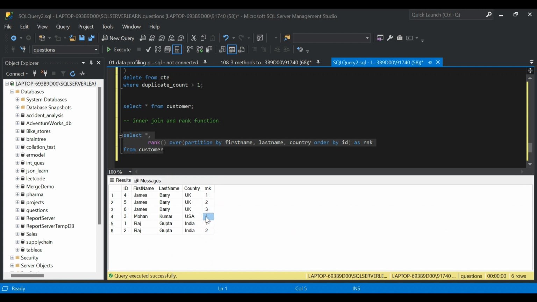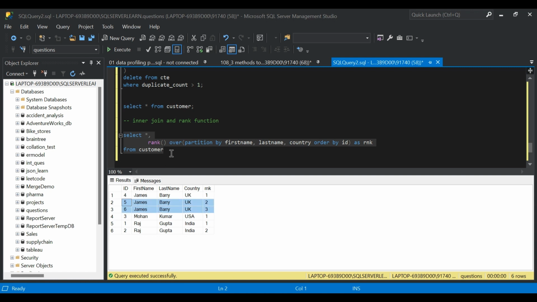So we have a table with a new column rank, where if we analyze we can see that for James, records other than the first record, which corresponds to rank 1, are duplicate records. That is, records corresponding to rank 2 and 3 are duplicate records. And when we come to Raj, we can see that the record corresponding to rank 2 is a duplicate record. So we have to delete the records corresponding to ID 2 and ID 5 and 6 from the input parent